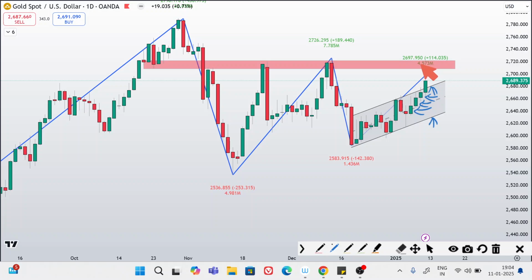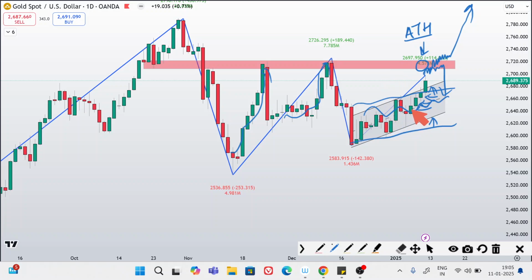The next major resistance that we have to watch is this level. Previously, gold price faced resistance on this level. So for next week, this is going to play a very critical role. Price is going to test this level, and if price again sustains, then of course we are going for a new all-time high, ATH. But if price again rejects from here, then we can expect a continuation into the lower side, and a consolidation is also possible.